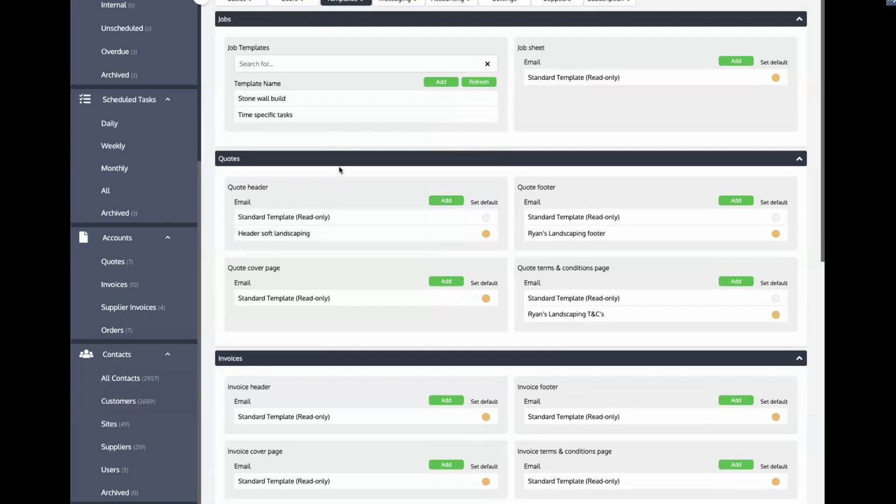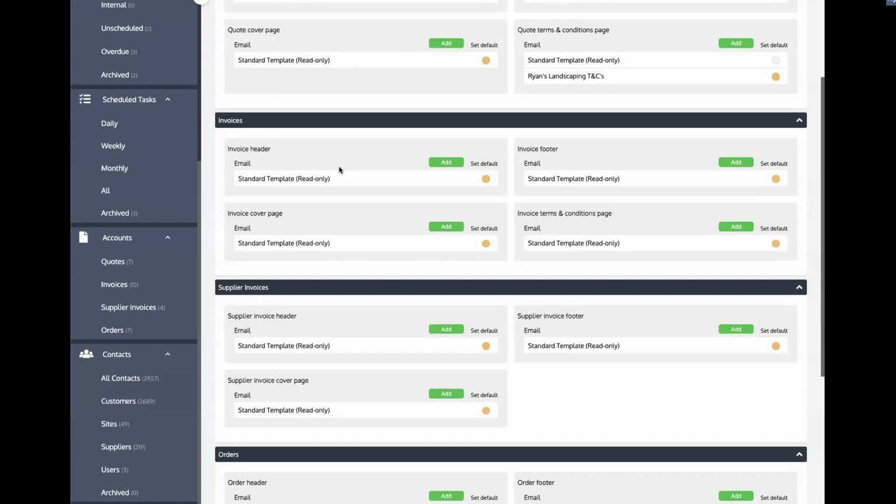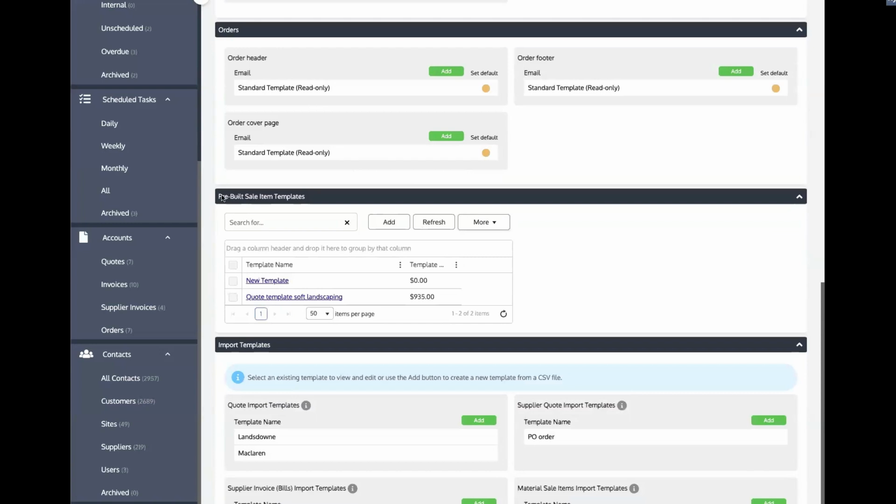So quoting, invoicing, supplier invoices, POs, building those templates out are virtually the same. It's the same process. So the main thing that we're going to focus on at the very bottom here is our pre-built sale item templates. There's no limit to how many templates that you can create in NextMinute, which is great, especially if you've got quite a number of different kinds of jobs that you might want to spin quotes or templates up for. So the way in which you can, for example, build out a quote template is by